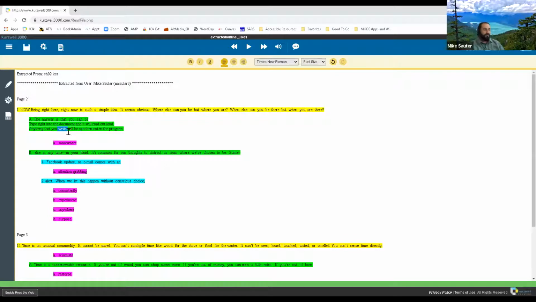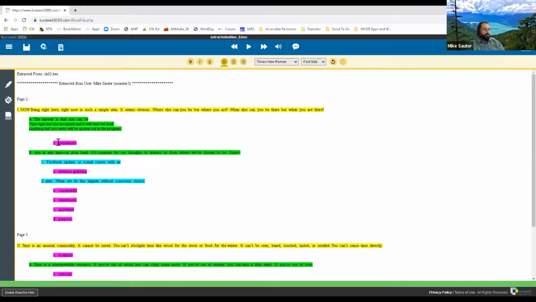I'm supposed to have write in there, but I misspelled it accidentally, a common mistake. So I can change it. Anything that you write will be spoken out in the program. That sounds a lot better. So it's a great way to proofread your writing.